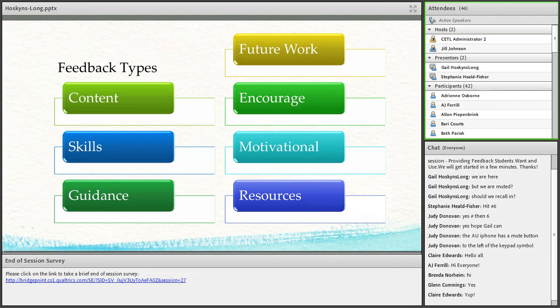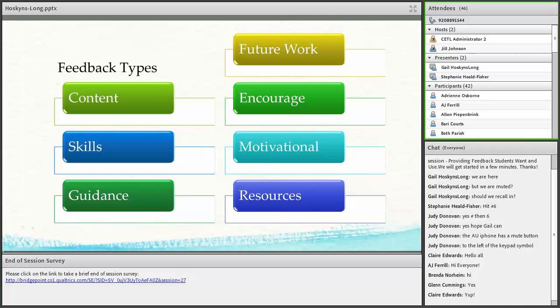And then finally, the third thing that we looked at were feedback types. These are 7 types of feedback comments that previous research said students were looking for. This was in addition to returning the feedback quickly to them. And in our study, we felt that this was probably the most critical part of giving feedback to students.